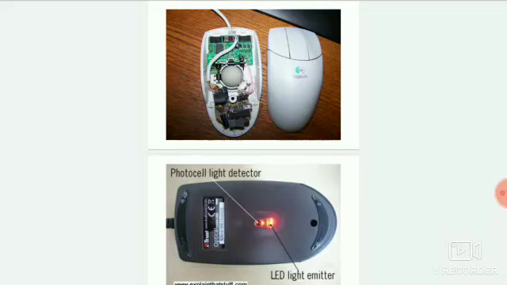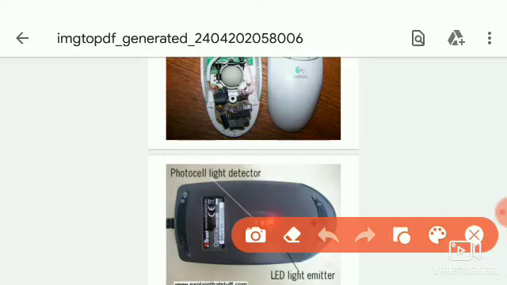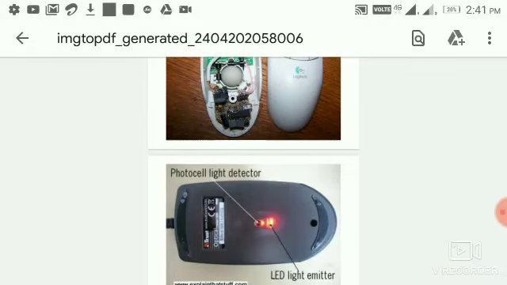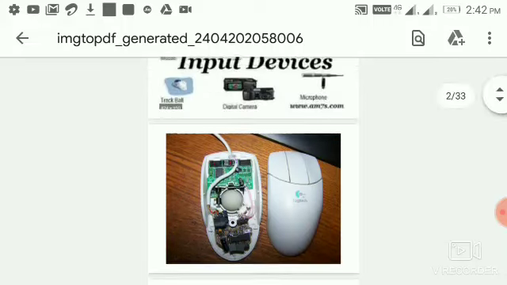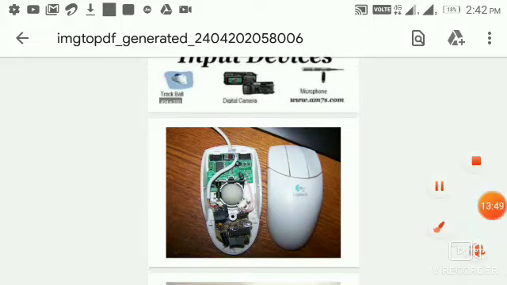the right button is used for specific functions, or we can say the right button is used to open shortcut menus. Some advanced types of mouse devices provide additional buttons to speed up common tasks such as scrolling text. So between these left and right buttons, there is another button, that is the scroll button. It may be here between the two buttons, so that we can scroll the screen by moving the scroll button.